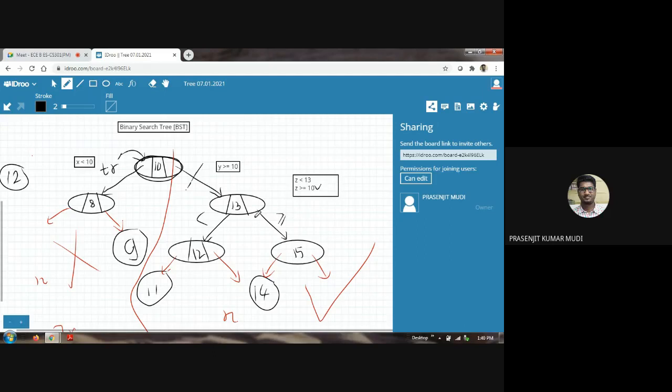That's why probably your first question, Soham, you asked me that in a subtree can both the conditions be satisfied, less than, greater than, equal to? How? Because this is based on the fact that a number cannot be simultaneously less than and greater than or equal to another number. That's why either you have to select the left subtree or the right subtree, right? So you are selecting the left subtree because you have found 12 is less than 13.